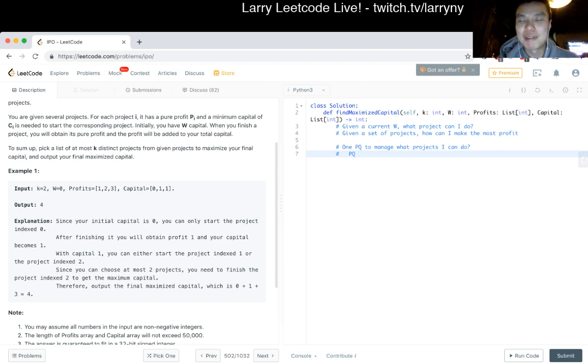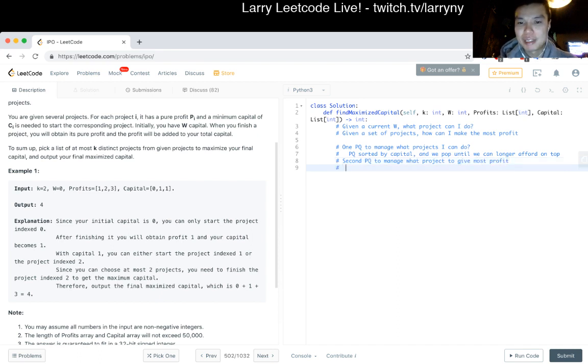But okay, so you have a counter that's sorted by capital. So in this case, there'll be a min first PQ sorted by capital, and every step of the way we pop until we can no longer afford what's on top, right? And then you have a second PQ to manage what project to give most profit, right?